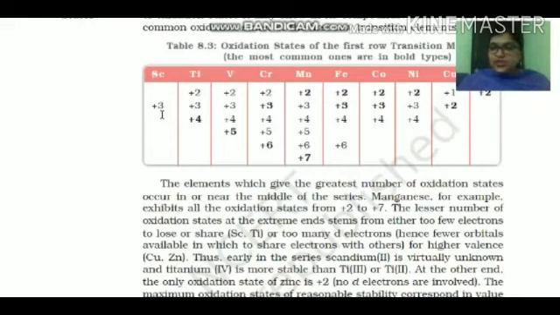Because you know scandium has atomic number 21, and its last two configurations I am telling you, 3d1 and 4s2. So after removing one electron from the d orbital and 2 electrons from the s orbital, after removing these 3 electrons, it will become stable and show the +3 oxidation state. +4 means 2 electrons have been removed from the d orbital and 2 electrons from the s orbital.